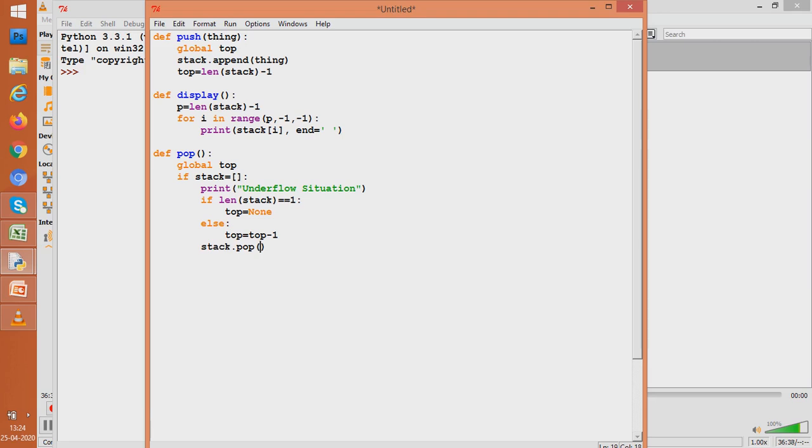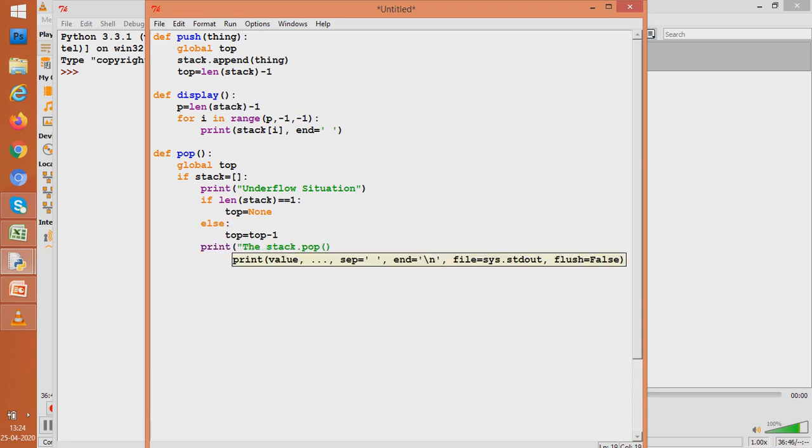But as a good programmer, before deleting, I should also show to the world the value that I am deleting. So I'll write: the value that is being deleted is stack.pop. That is the value which is being deleted.